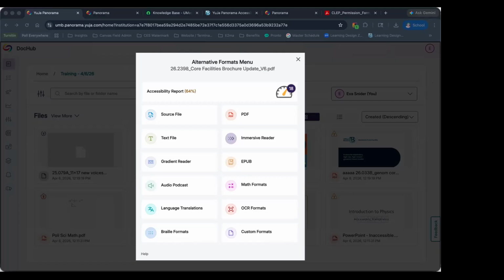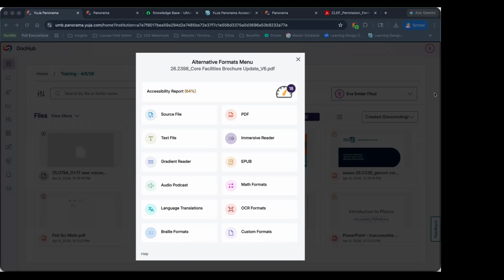Use those tools alongside Yuja Panorama because where one tool may have gaps, another tool's gaps may be different. It's kind of a Swiss cheese model. You have layers of Swiss cheese, different holes in different layers, but hopefully if you use enough layers, then you can help ensure and catch as many issues as possible.